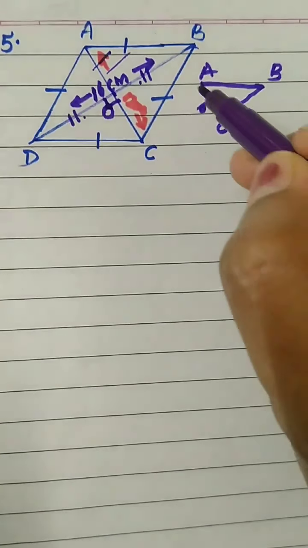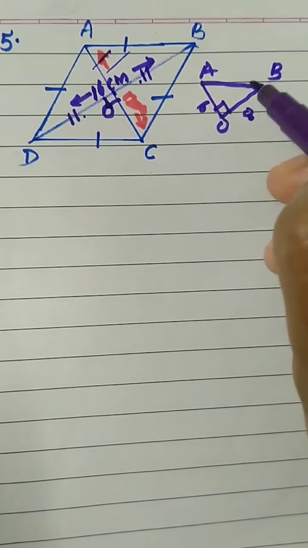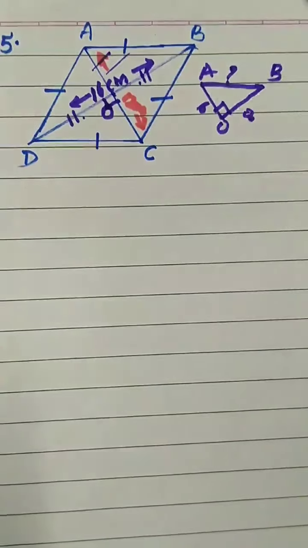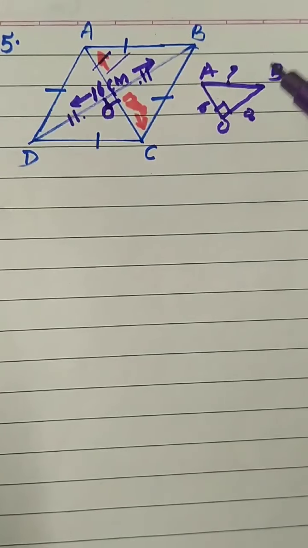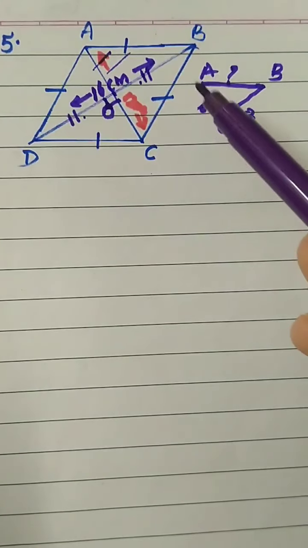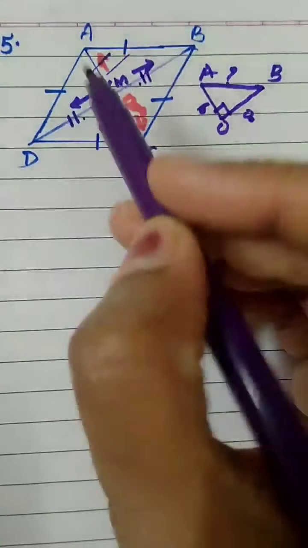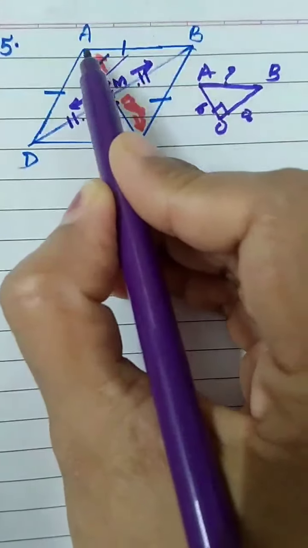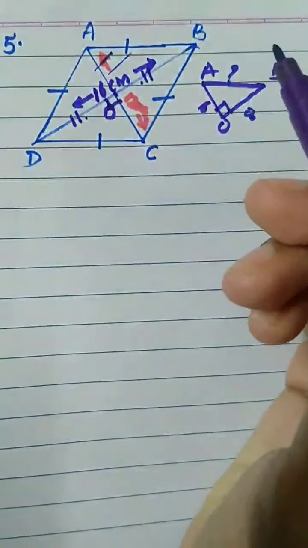Same way, here also you are getting a right angle triangle. We will use the hypotenuse side test. When you use it, you will be able to get this side, which is the hypotenuse. The side opposite to the right angle is called the hypotenuse. What is the hypotenuse of the right angle triangle here? Just take this and fit it here and see. As you can see, the triangle's hypotenuse, when you fit it, became the side of the rhombus. So we will get the side of the rhombus easily.